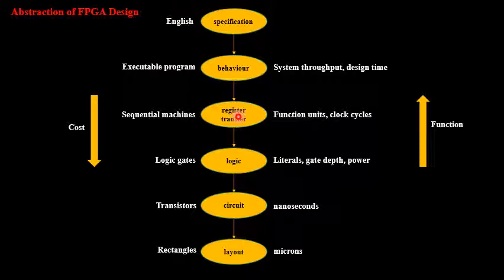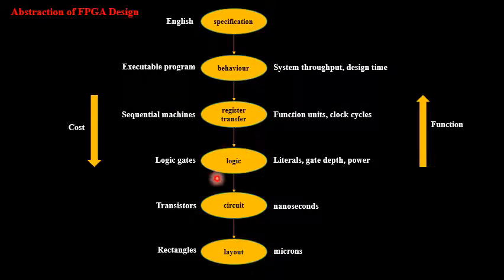But the logic is not specified as gates. You are not going to specify it in terms of a gate. It will be mentioned in terms of a sequential machine, or a state diagram, something like that. It may also be in terms of a truth table. So the system is specified as a boolean function which is stored in the abstract memory element. So only delay and area estimates can be made from the boolean functions here. That is done in the register transfer step.